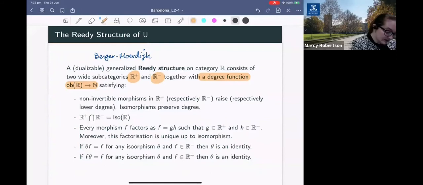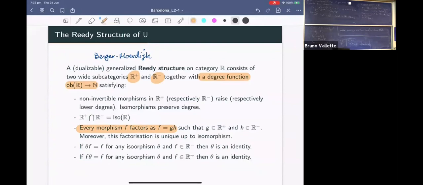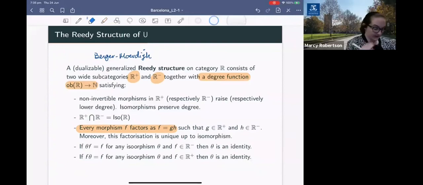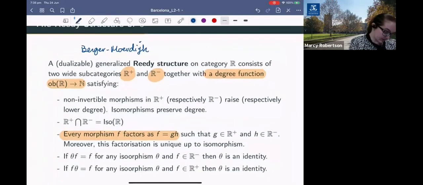And the main thing to take from that is that every morphism in the category factors in such a way that it first lowers the degree and then raises the degree. So we just want to be able to factor all of our morphisms in some defined way. So it's a factorization on this. And the reason you like a nice Reedy structure on a category